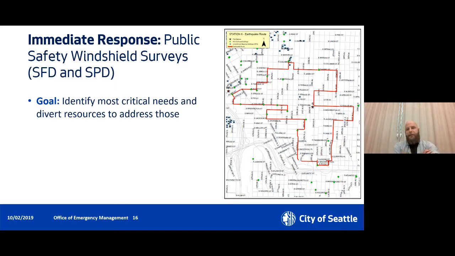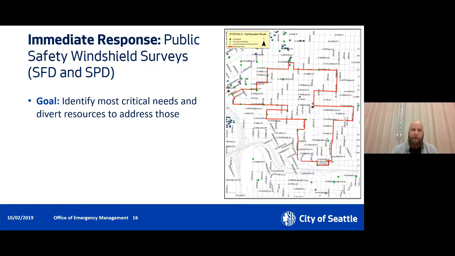First, on the public safety side, I think this aspect is really good for people to know about. In terms of immediate response, so the earthquake happens. One of the initial things that happens and is extremely important is a windshield survey process that happens with the Seattle Fire Department and the Seattle Police Department. So on the right, you're just seeing an example map of one of the life safety damage assessment routes that the Seattle Fire Department has. So basically, earthquake happens, each fire station has a designated damage assessment route that they get in their vehicles, and they do.